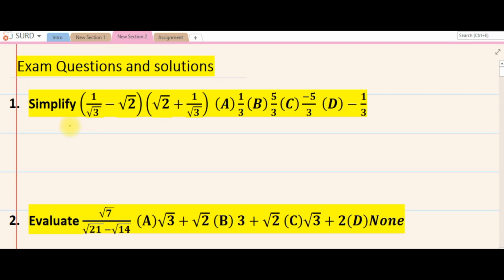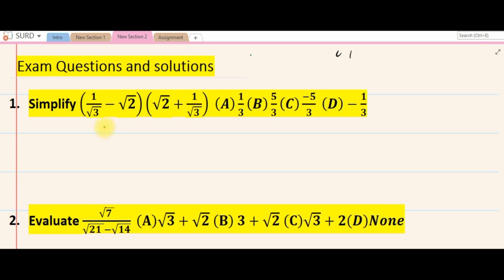Okay, let's now solve some exam questions on surds. So the first one, we're asked to simplify this. Looking at this, the easiest way to do this is by using difference of two squares. As you can see, the two brackets look the same. So what I will do, I will just,